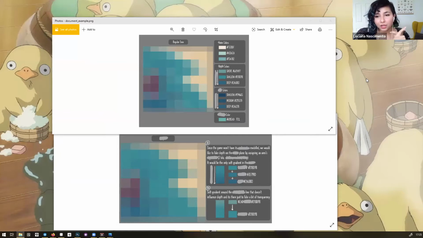So if you have a tree, how the tree shapes work and stuff like that. How do creatures get designed? What are the shape languages that we're going for? Something very, very important is having reference boards. So you're creating your own by doing the drawings and actually showing, oh, this is how trees in this world look. Whenever you need to make a new tree, just go back to that document and look. But also reference photos and reference images and little things that you can bring in a document